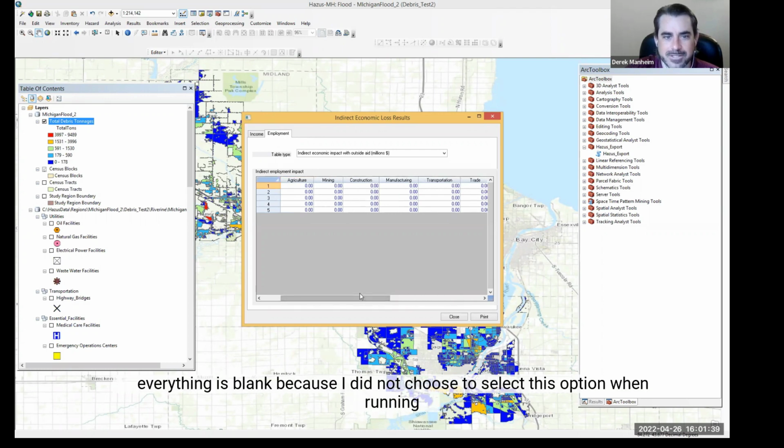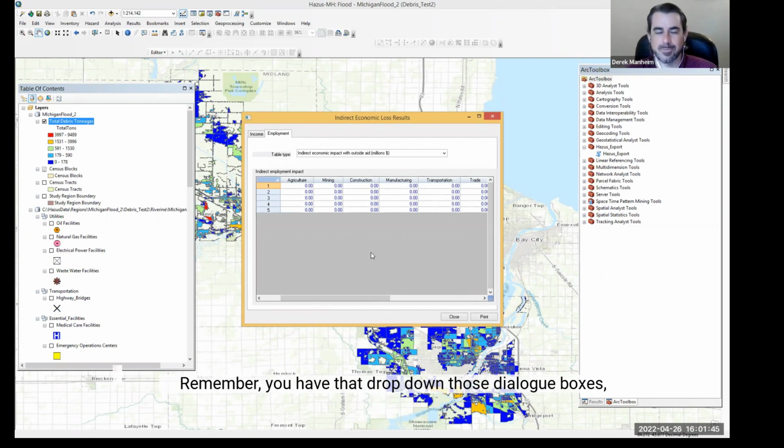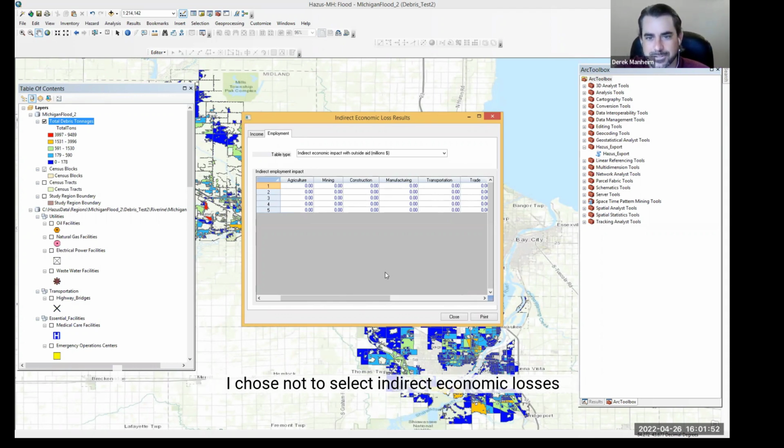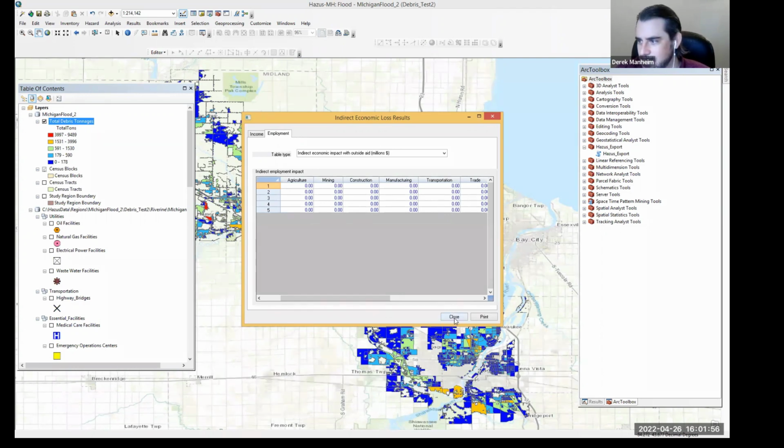In this case, everything is blank because I did not choose to select this option when running the analysis in HAZUS. Remember, you have those drop down dialog boxes. You can either choose select all or be selective. In this case, I chose not to select indirect economic losses to make it run a little bit faster.